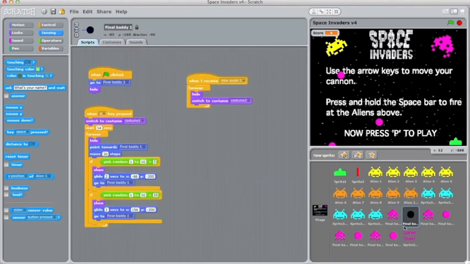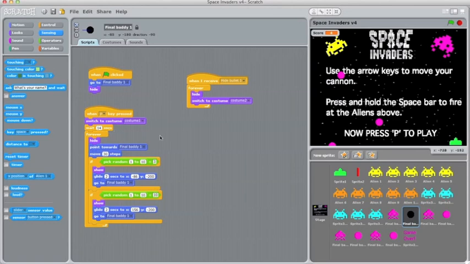If you can see in the sprite area down here, every final baddie sprite has got a kind of partner bullet. So we've got final baddie 1 there, and next to it final baddie 1 bullet. So they're in pairs all the way through, and the way it works is that bullet sprite follows the baddie sprite around. So when the flag is clicked here you can see the instruction, go to final baddie 1 but be hidden, and again when the P key is pressed there, the same time delay,